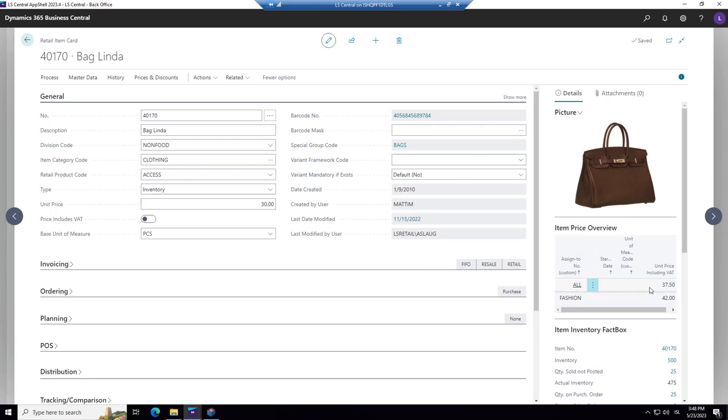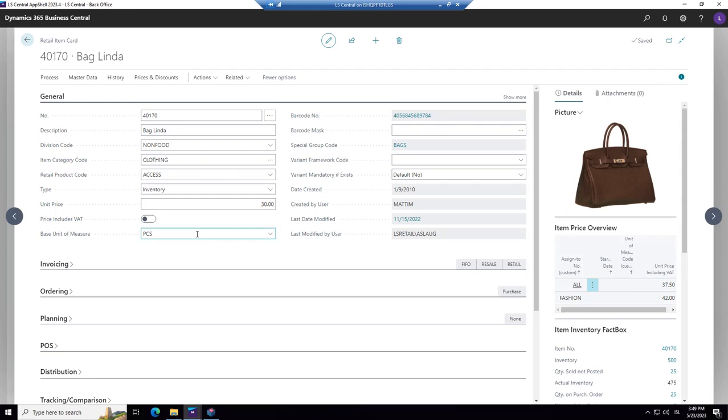And you see here on the right hand the price with VAT. So this item costs 30 without VAT, will cost in general 37.50, but in a price group of stores that belongs to this fashion group, then they will cost 42, a little higher.